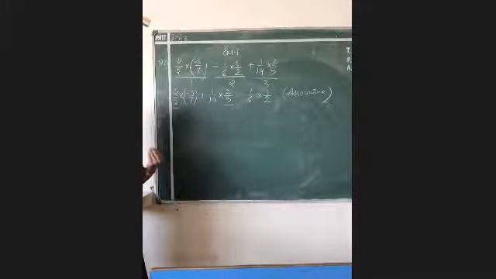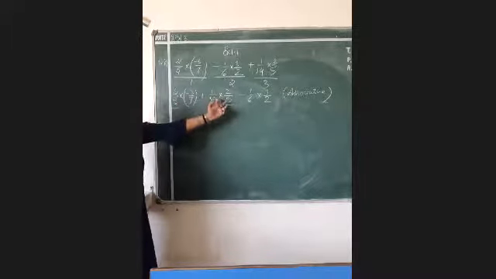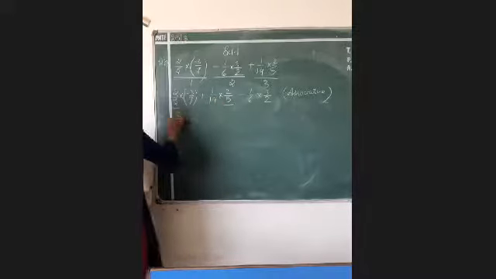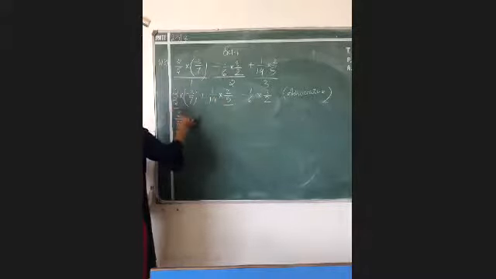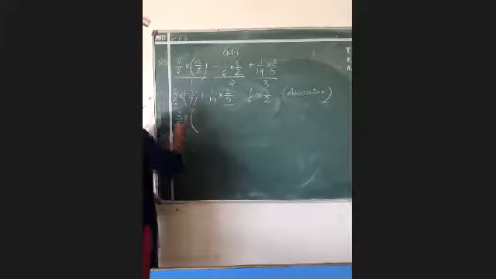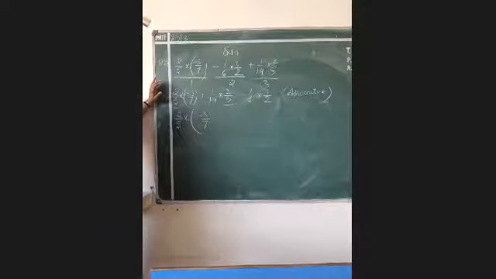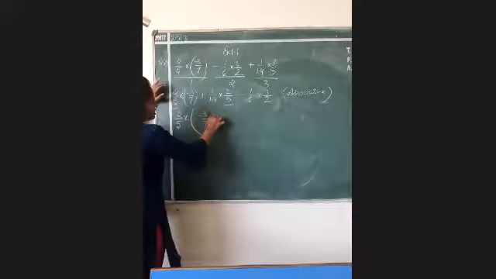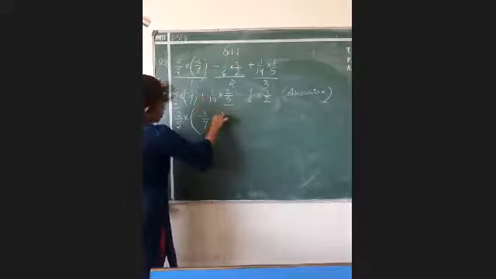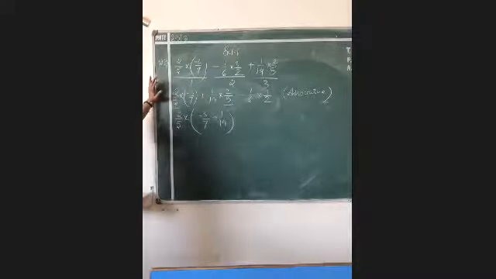For example, in the whole multiplication, 2/5 is here also, 2/5 is here also. The sign of multiply is here also, the sign of multiply is here also. So you are taking 2/5 as common with the sign of multiply. Now when you take this common out, you will get only -3/7 here, and here you will get the sign of plus which was written in the question only, and this is 1/14. I have written it over there.